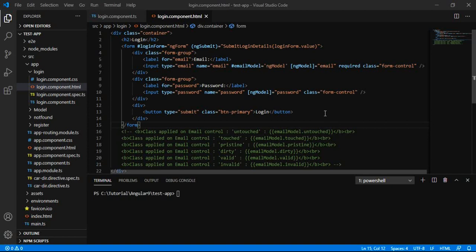So we have two fields over here, that is email and the password.